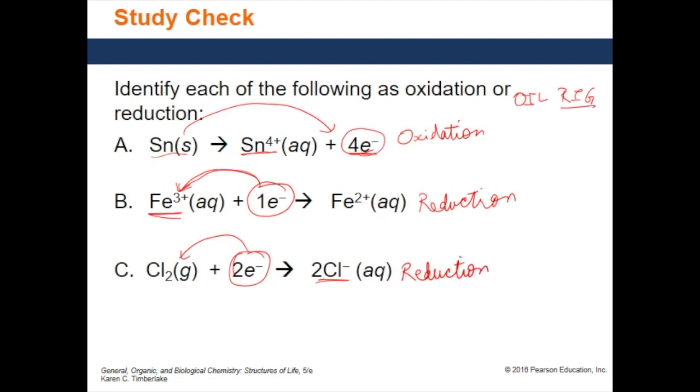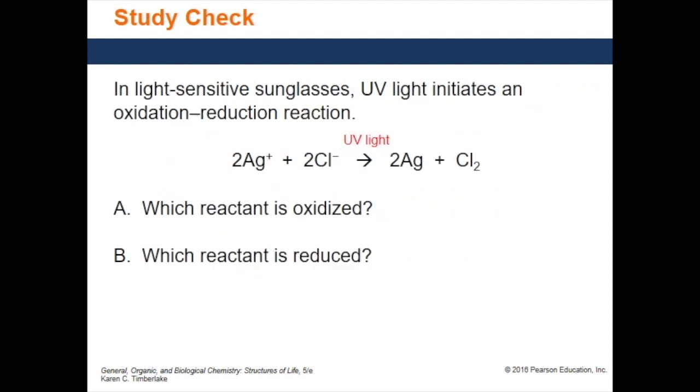Okay, so that's how you can identify if a reaction given to you is oxidation or reduction. Another example question you can see is: in light sensitive sunglasses, UV light initiates an oxidation reduction reaction. Ag+ and Cl minus are changing to Ag and Cl2. Which reactant is oxidized, which reactant is reduced? One easy way to do this is to divide this reaction into two reactions. One reaction is Ag+ changing to Ag. How do you divide it? Basically, the atom that is the reactant, you should have the same atom as a product, right? So Ag+